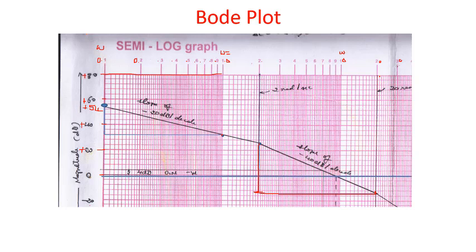Then draw the second corner frequency that we know, that is omega C2, that is 20 radians per second here. Then draw a slope of minus 40 dB per decade until this second corner frequency. This is related to the first factor, minus 20 dB per decade until the first corner frequency, that is omega C1, that is 2 radians per second, and from here to here this is minus 40 dB per decade until the second corner frequency. Now we have the third factor which has to be plotted, which I will show in the next slide.